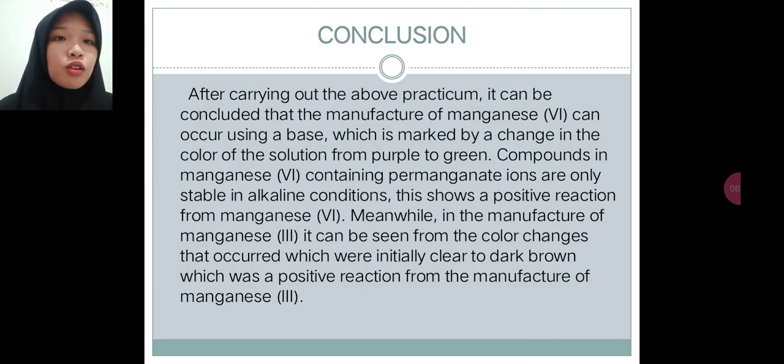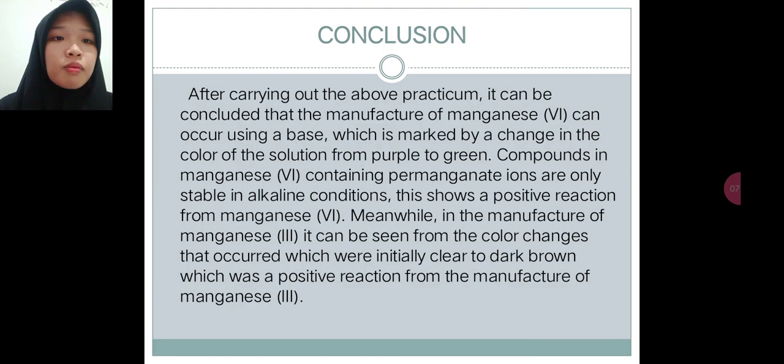And next, conclusion. After carrying out the above practicum, we can conclude that the manufacture of manganese 6 can occur using a base, which is indicated by a change in the color of the solution from purple to green. Compound manganese 6